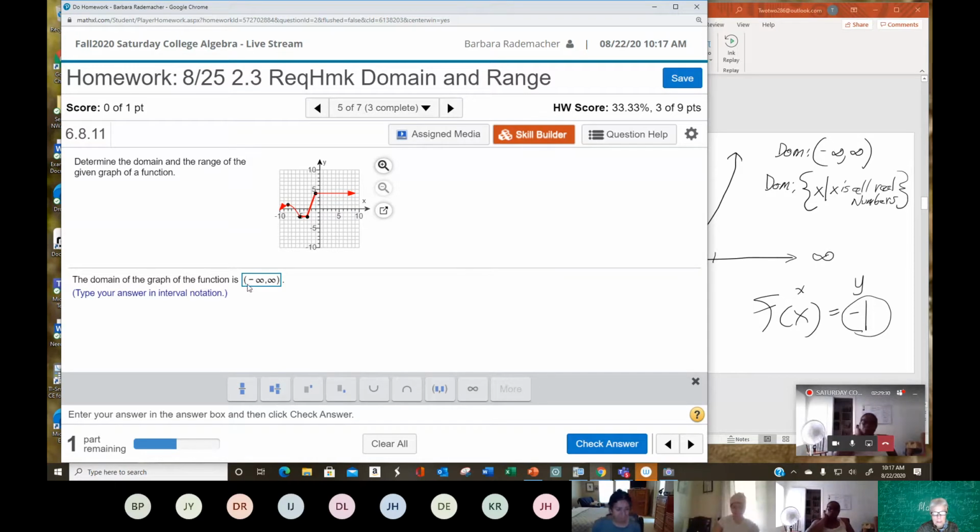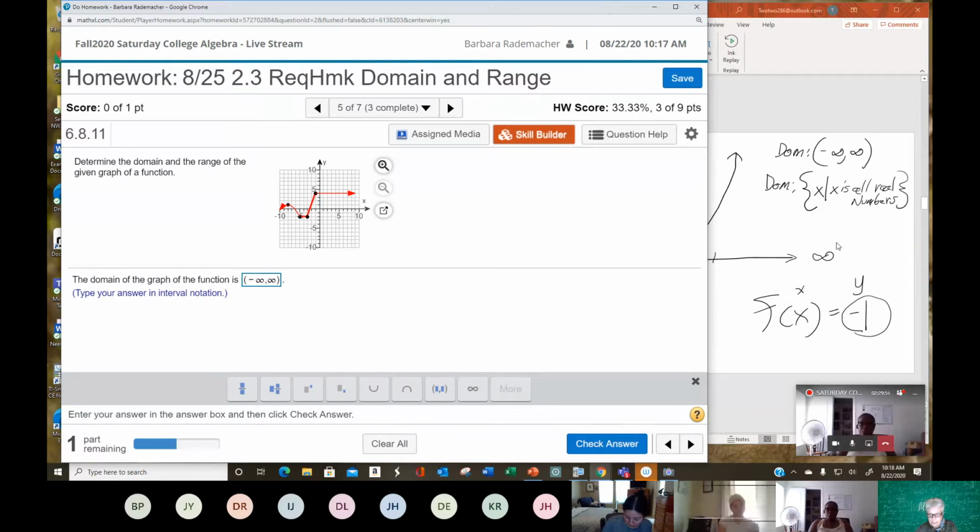So you would type in a parenthesis and a negative infinity, comma, positive infinity, and another parenthesis, because this is going all the way to negative infinity on the left and all the way to positive infinity on the right. In set builder notation, you would write all real numbers, but in interval notation, you would write negative infinity to